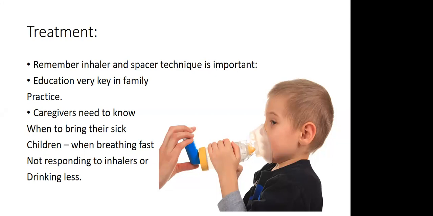Okay, yeah, very good. So what you're going to do, you're going to explain to the mum, as you said, put the mask over the nose and the mouth. So make sure it's positioned so that both the nose and the mouth are covered. And then you press with the inhaler, you count to 30, let the child breathe in and out, and then you can do it again. And if the child is sick, you would maybe do 10 of those puffs, counting to 30 each one. If they're only a little bit sick, then you would do maybe 1 or 2 puffs. Sometimes you can go up to 4. And as you said, you want to repeat that to see if there is an improvement.